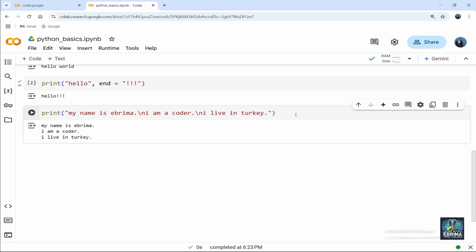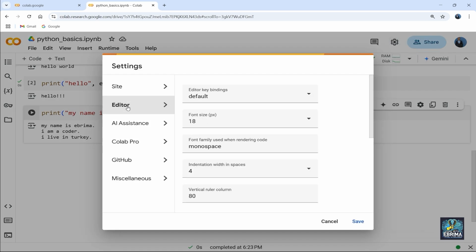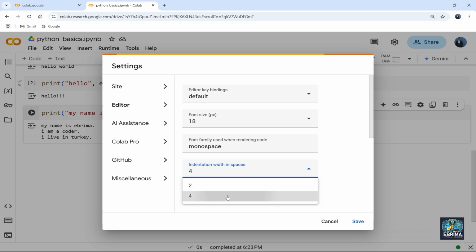So now we are going to take a closer look at the \t. What this means is to add a horizontal tab. What is recommended is to add 4 spaces. That is very important to note. So let's go down here to editor, and we have to make sure this should be 4, 4 spaces. Normally in Google Colab it is 2, but we need to make sure that it should be 4.